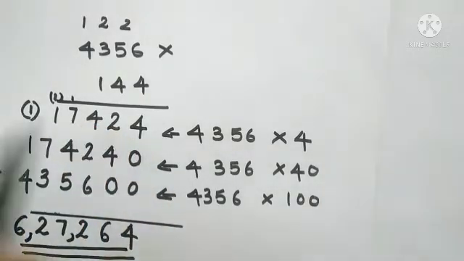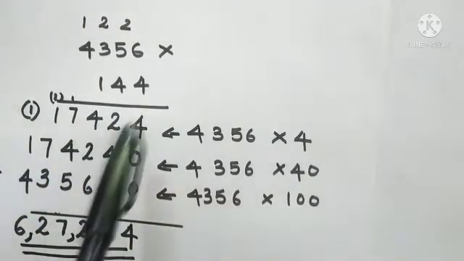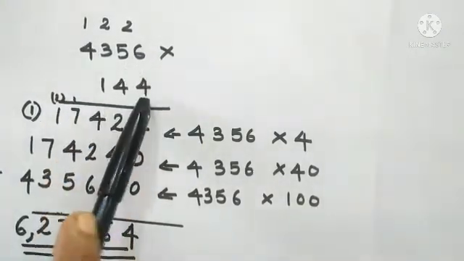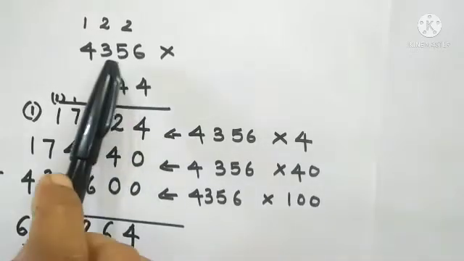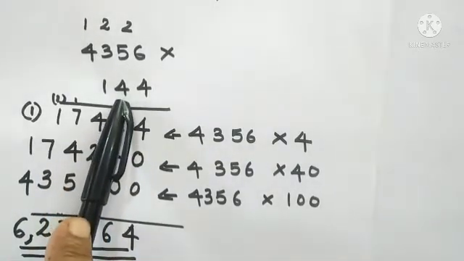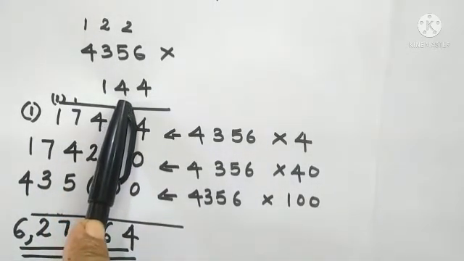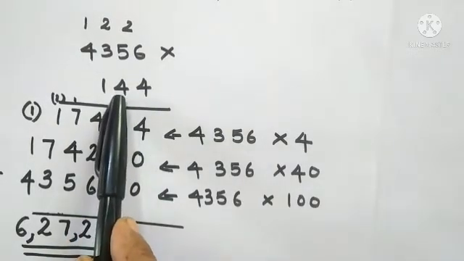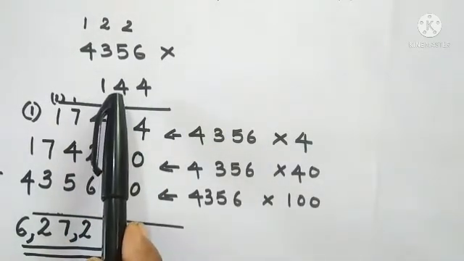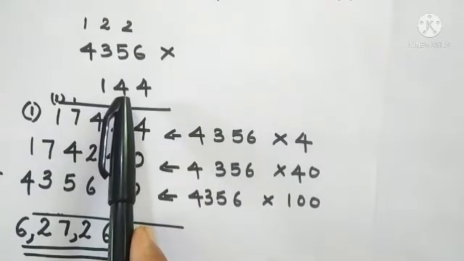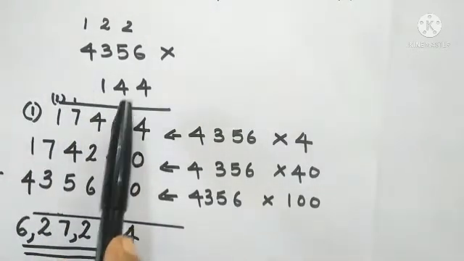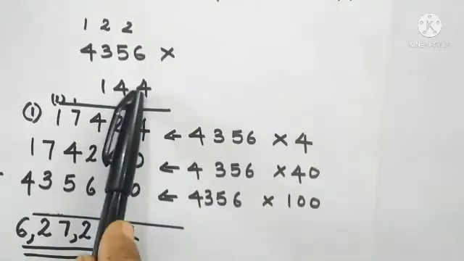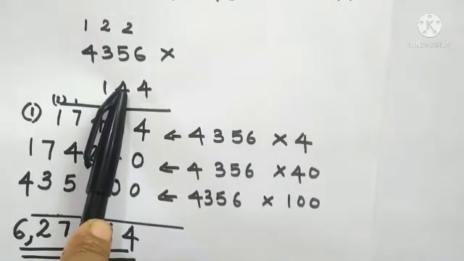First we multiply with the ones digit. The ones place here is 4. Then we multiply this number with 4. We got this answer. Next we multiply with the tens digit. In the review test answers, I found that in the multiplication of a 2-digit number, some children first multiplied with the tens digit. No. In any multiplication, you start with the ones place, this place. Okay. Next we will multiply with the tens digit.